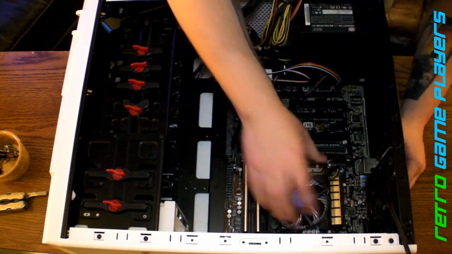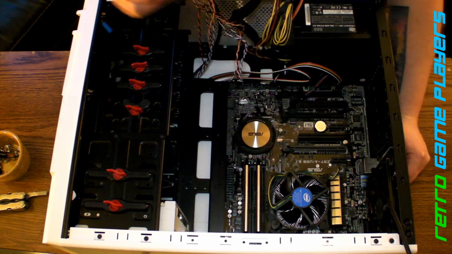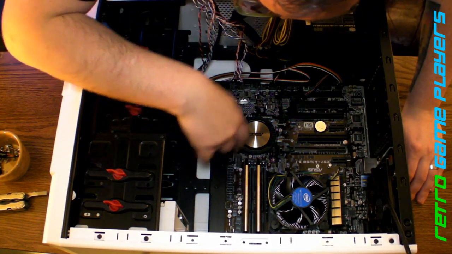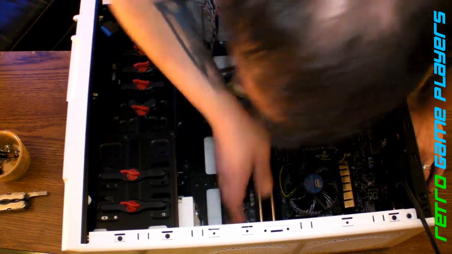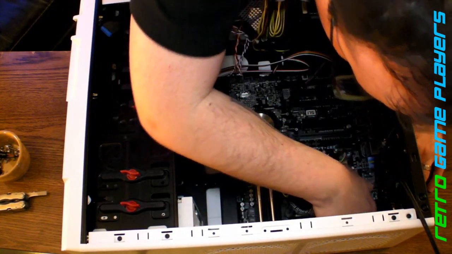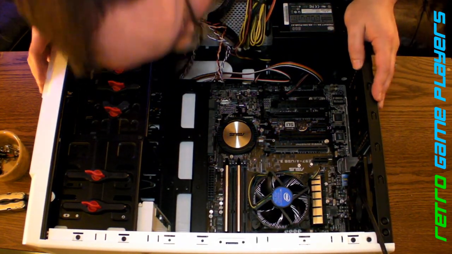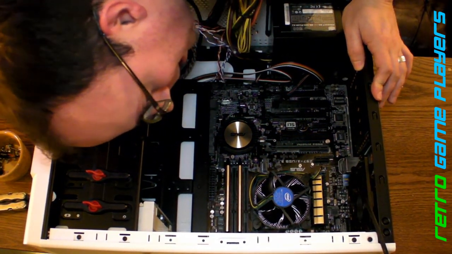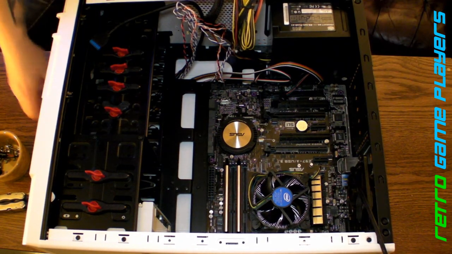All right. So it's in there pretty good. I'm just checking now to make sure everything lines up okay before I start putting screws in, and it does look good. So everywhere in there is good. The I/O shield placed okay. There's nothing going into any of my ports. So I'm gonna go ahead and